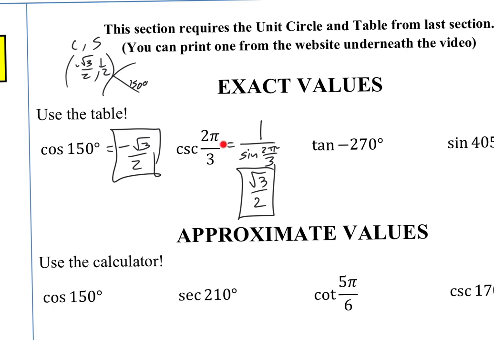Again, I am just going to the unit circle, either in radians or in degrees, and finding the appropriate coordinate. So here, even though they asked for cosecant, I know that's just a reciprocal of sine, and so I'm just going to do 1 over that. Oh, but I made a little mistake here. Remember, it's the reciprocal of sine of 2 pi thirds. So what I have right here is what sine of 2 pi thirds equals. But if I want the reciprocal of that, then the real answer here would be 2 over square root 3,